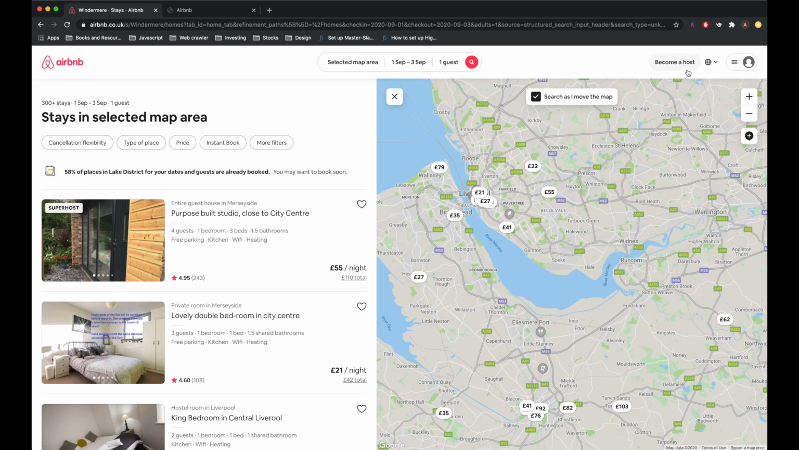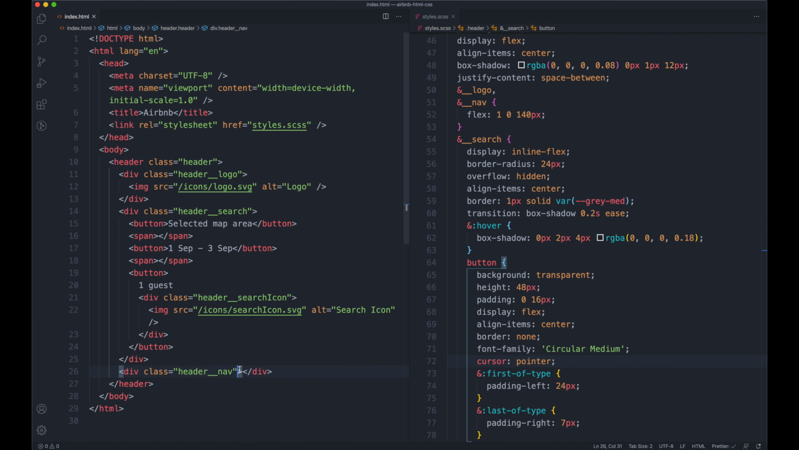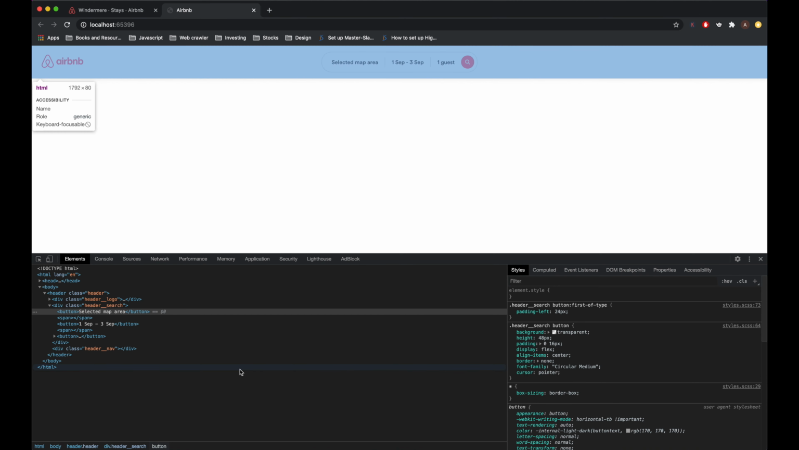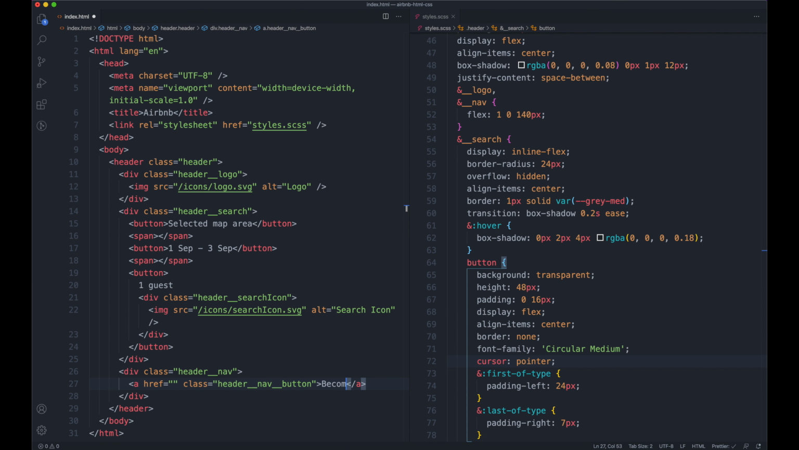So now I just want to tackle this nav. As you can see, we've got 3 buttons, or this is actually a href, so it's an A link. This would probably be a button, and this would be a button because it's triggering JavaScript. So within this nav, I just want to do 3 elements. I'm going to do A, and I give us a class of header__nav__button, and I just want to write become a host, and then I want to do a button. I'm going to give it the same class for now,